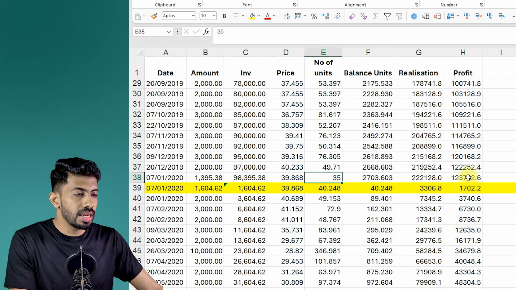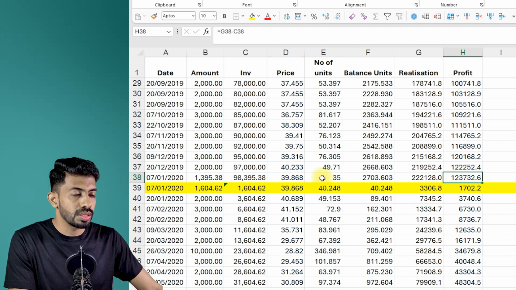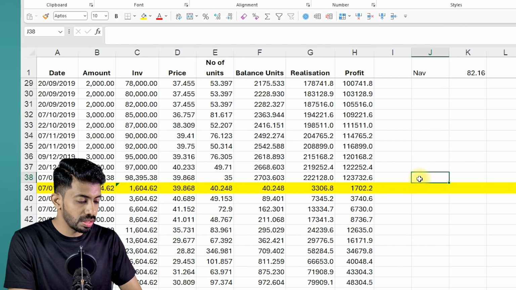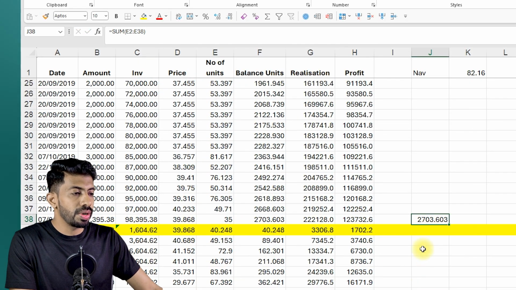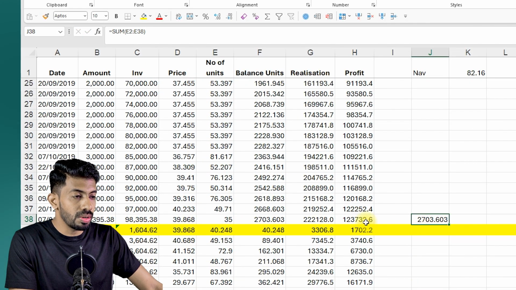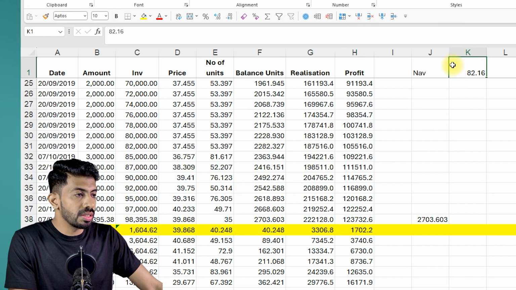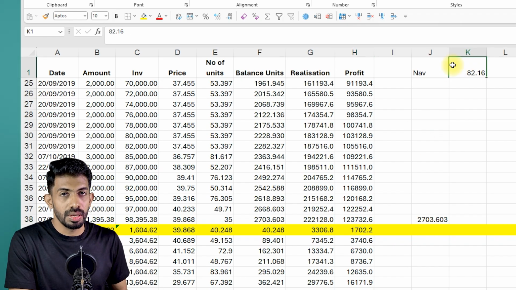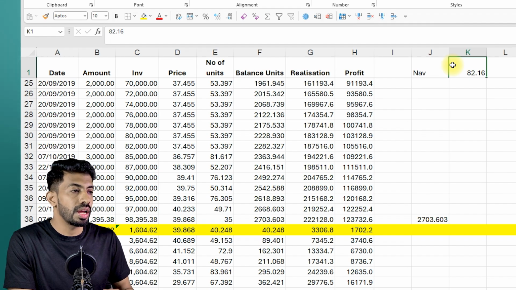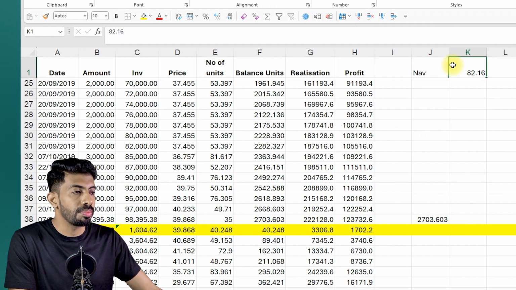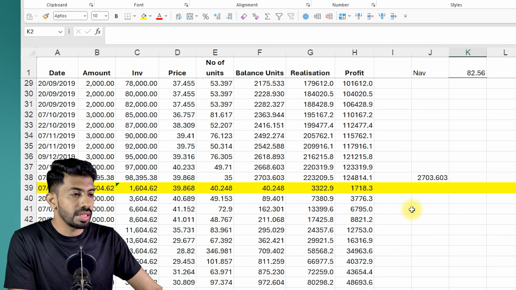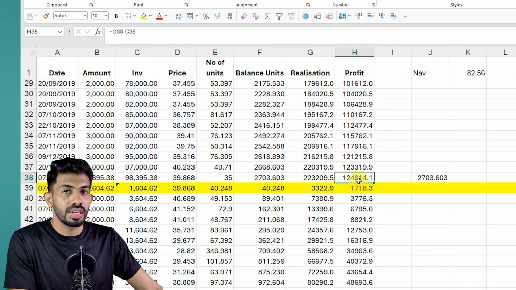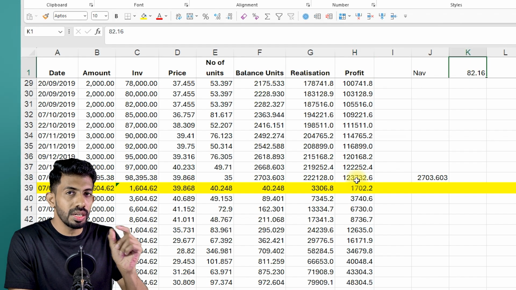So till here if I sell, I will get 1,23,000 profit. And so the total number of units that I need to sell will be 2,703.603 units. You can take note that I did not put in the entire 1,25,000 because this NAV that I have is today's NAV. By the time I put in the order and it gets executed, the NAV may go up. Let's say it becomes 82.56, right? Then the profit can become 1,24,814. So that's why I wanted to give a little bit of buffer.